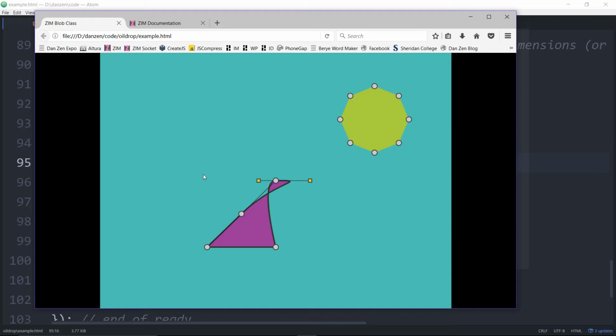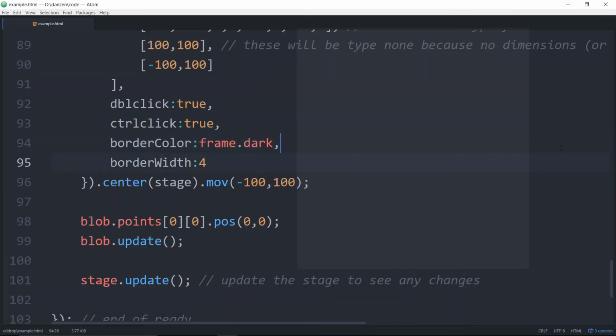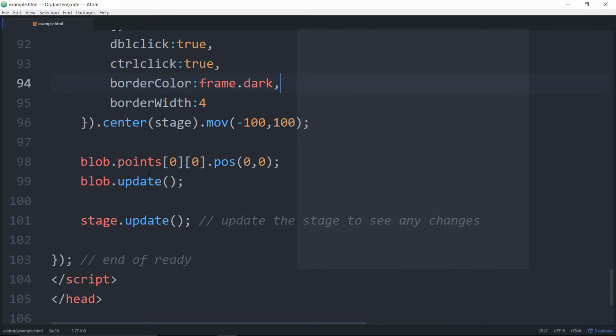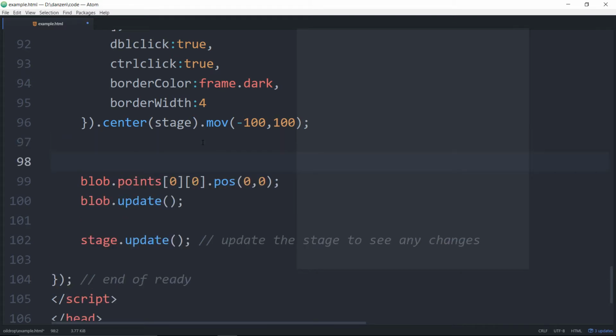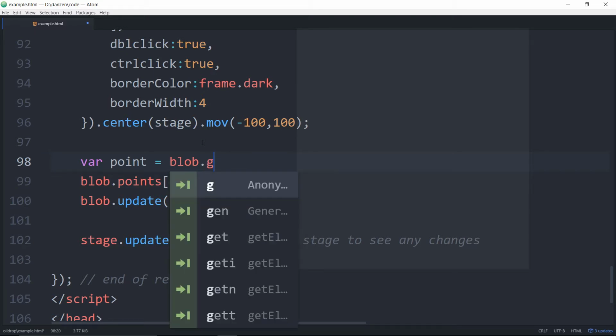So we didn't move the control point to the 0, 0 of the stage. To do that, we would have to find out where that 0, 0 of the stage is in the coordinate space of the blob. Okay, which can be tricky. Usually you don't have to do that, but yeah, I guess I can show you it. Position 0, 0. So what you do is you would say var point is equal to blob dot, and we want to find out what the global spot is of a local thing. So that's locally. No, let's see. It's global